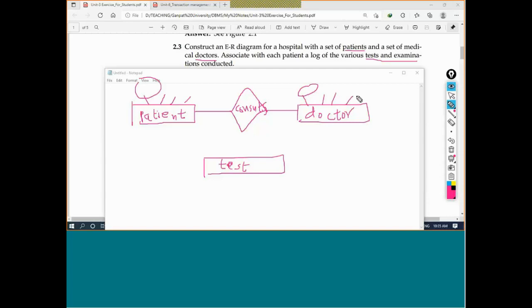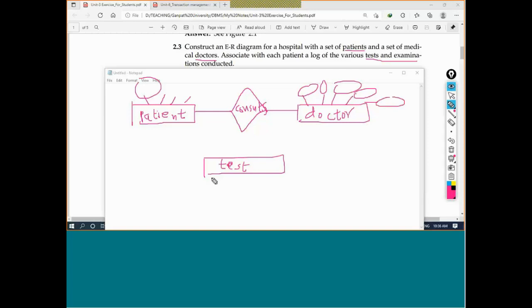Specialization means whether it's a surgeon, dermatologist, dentist, or whatever it is. You can add this kind of specialization, or qualification, as I have told you, name of the doctor, even doctor experience, how many years of experience. So you can add these details in the doctor entity set as attributes.